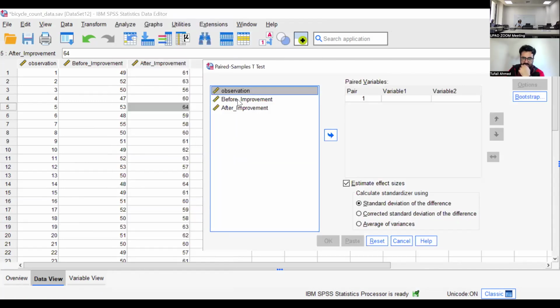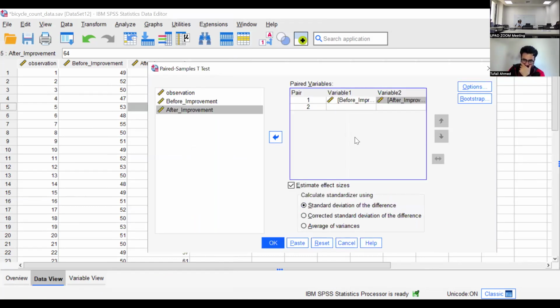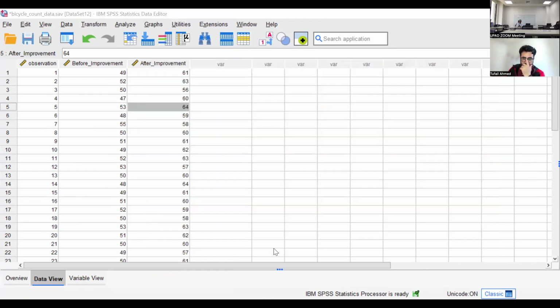In variable one, I put my before, and in variable two, I put after improvement, the counts after improvement. And then I click OK, and I see results in the output window about my test.